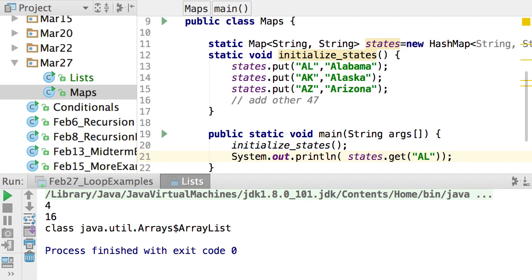And so this is working almost the same as an array, right? But my keys, instead of being 0, 1, and 2, are strings: AL, AK, and AZ. Always the first thing is the key, and the second one is the value in a put, right? Now, so yeah, in fact,